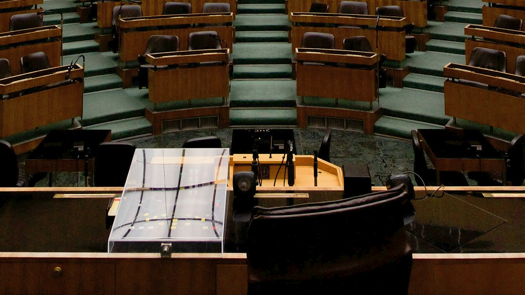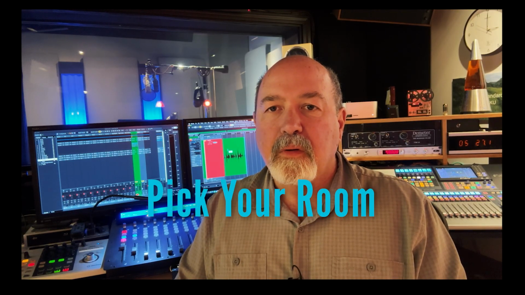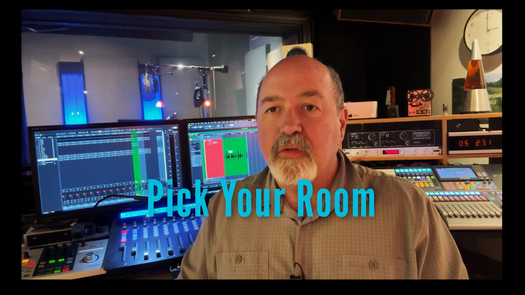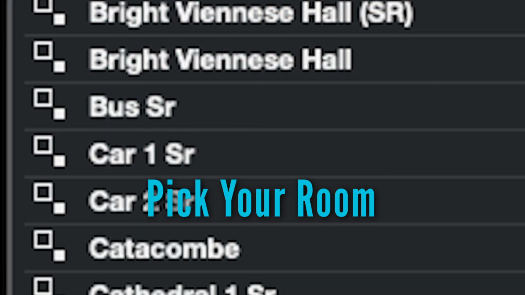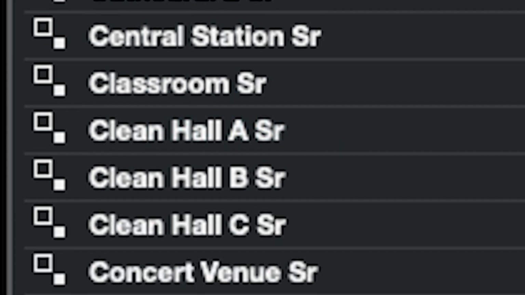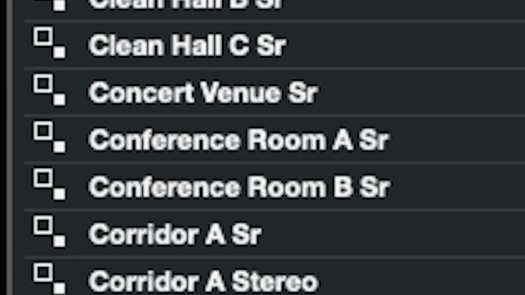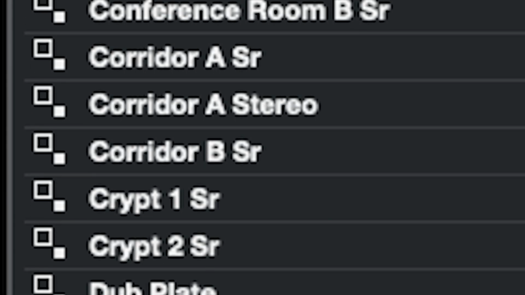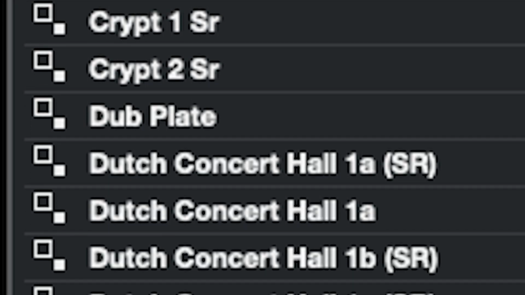Here are a few rules of thumb to help you decide what type of reverb, how much to use, and on what kind of material. Remember, these are only guidelines, as your creativity and outside-the-box thinking should drive your choices. Pick your room. The choice of the space your source will be in is the most important reverb decision you make. Where is your source? Inside a large hall, medium church, small bathroom, or inside a coal bucket? Each of these can have a big impact on the sound.